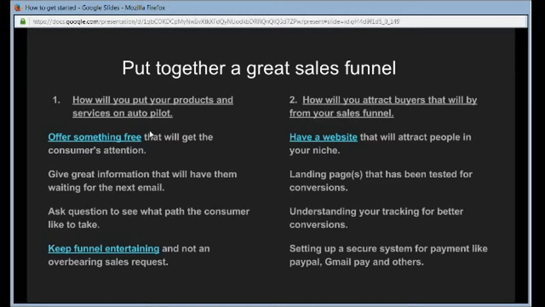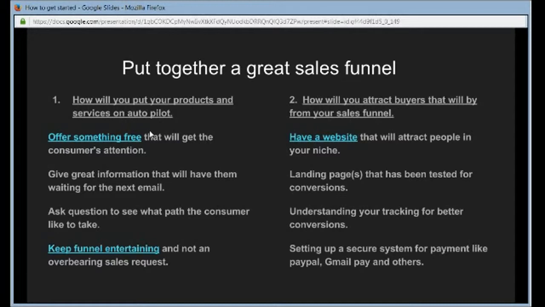So you want to keep your funnel entertaining to people, so when they see your information come into their email, they'll go, well, hey, that's one of a kind by design. Okay, Daryl did something real crazy last week. Let me see what he's going to do crazy this week. So they'll want to either be entertained that way, or get information they haven't heard of before that actually helps them. They go, well, you know what? I like the way he did that, and I can really grow from that. So they'll look forward to your emails.